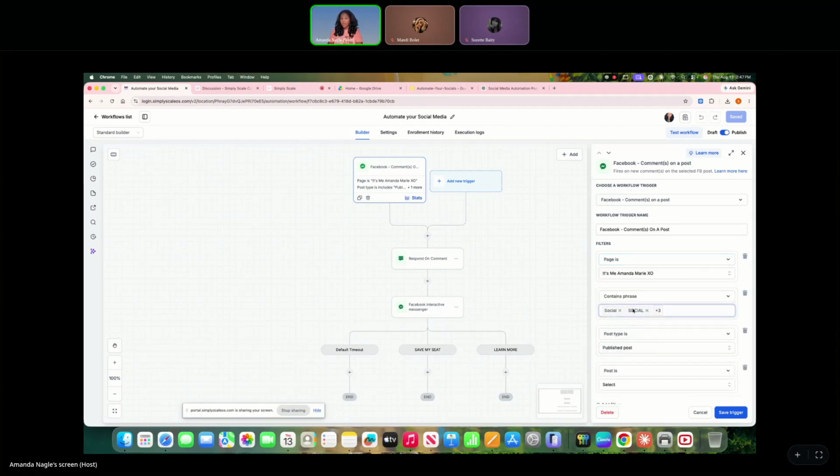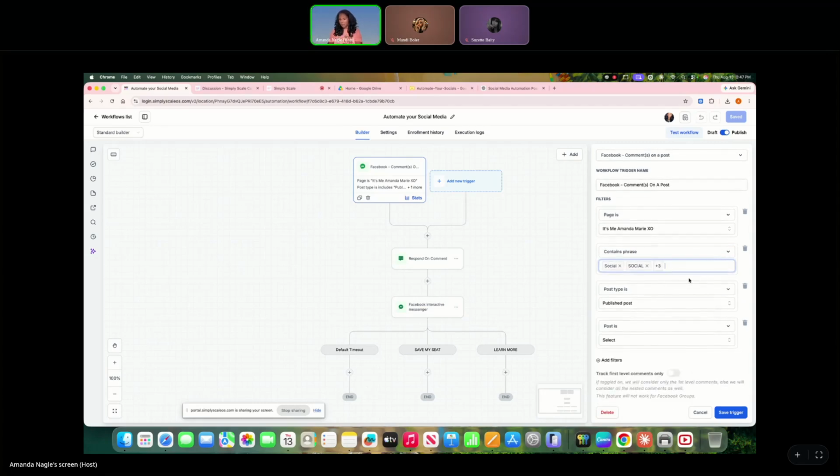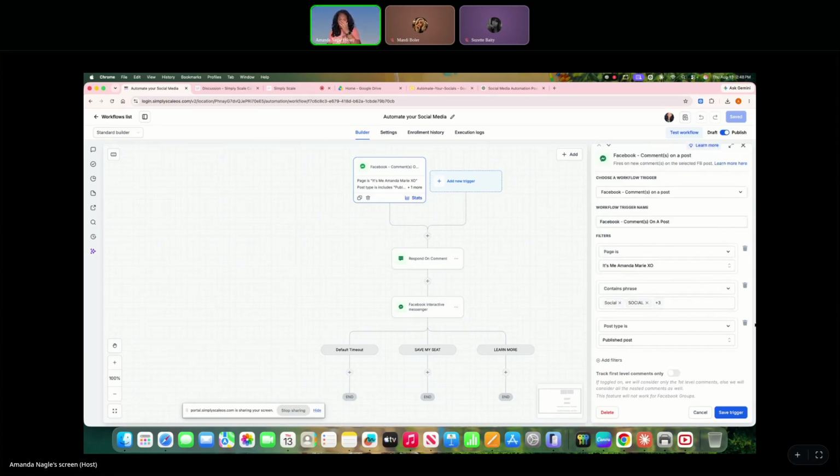You choose the one you want, and then you can choose contains phrase or published post. I always do contains phrase, because that just means any post that I have that talks about the social platform, I'm always going to use socials or social, and then it's going to show up here. You can put however many, uppercase, lowercase, all that kind of stuff. And then post type is published. So any of those are going to trigger this automation.